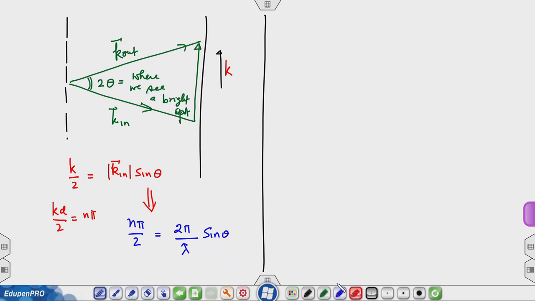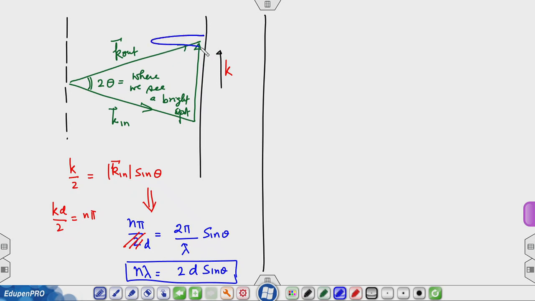K by 2 is n pi, so this is not going to be there, and this gives you right away n lambda equals 2, there was a d here, d sin theta. So, the interference condition gives you the peaks at these